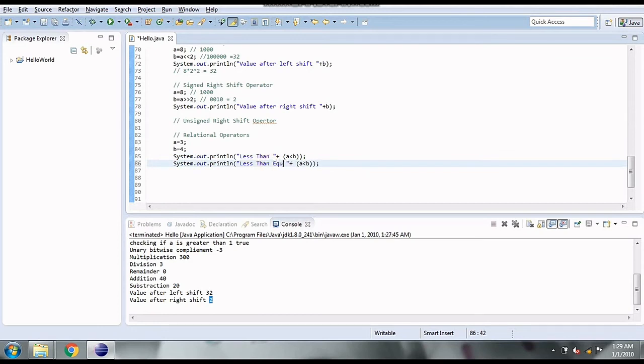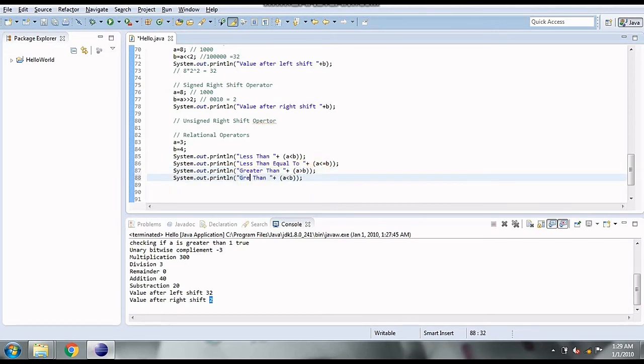Then we have less than equal to, which goes as less than equal to. If the number is less than or equal to, true, otherwise false. Then we have greater than, A greater than B, which is again simple.